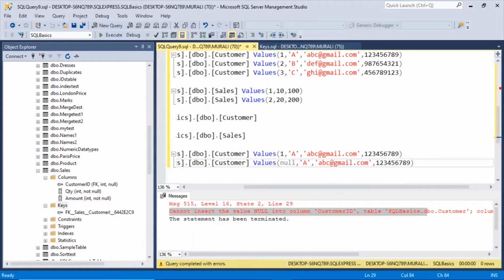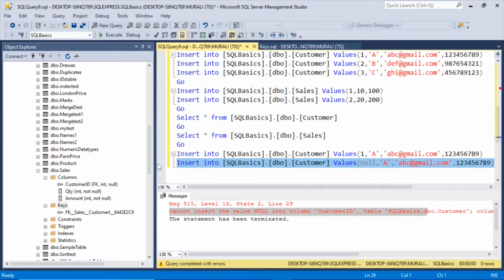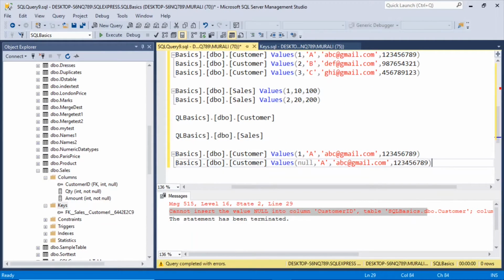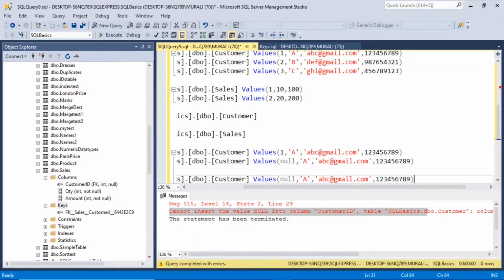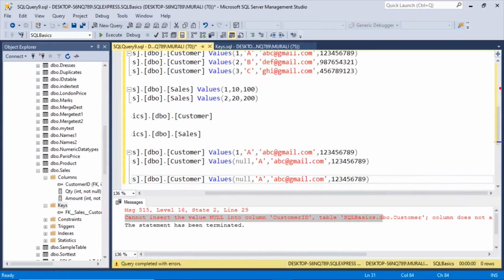We copy this and let me enter a new primary key here. Let me drag this so that it can be clearly seen.